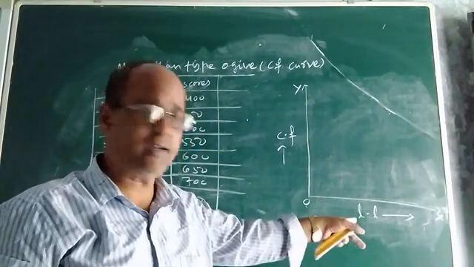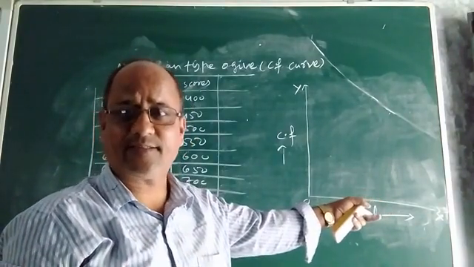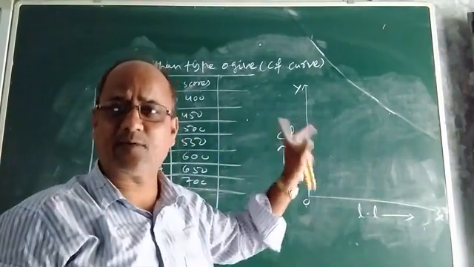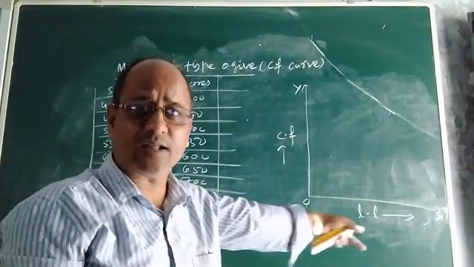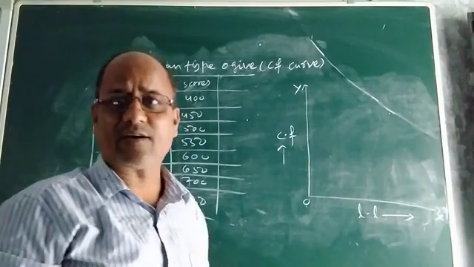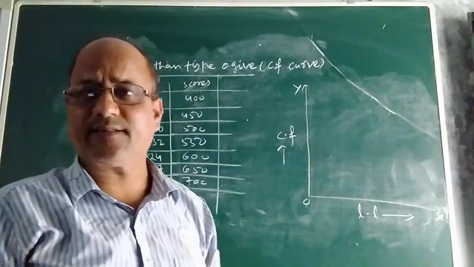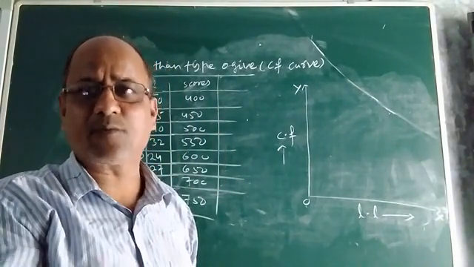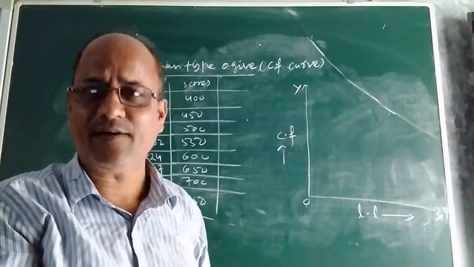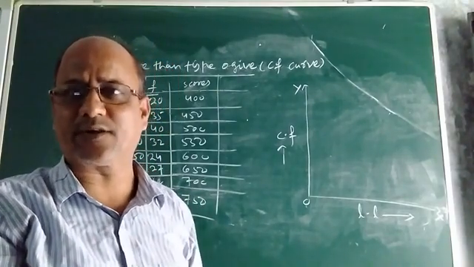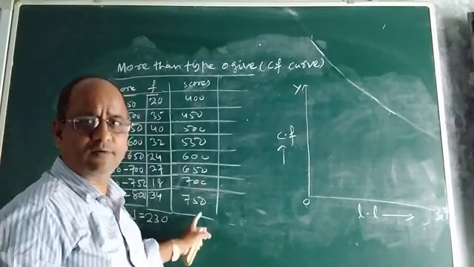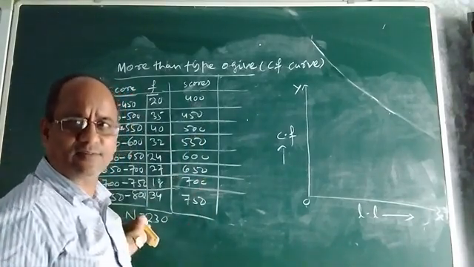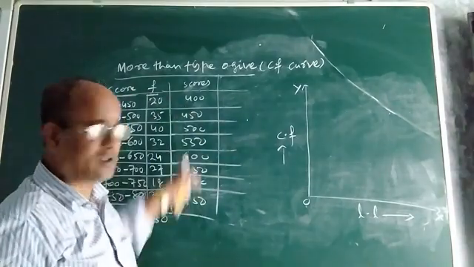If you take the upper limit of the class along the x-axis and their corresponding cumulative frequency, it will become a less than type ogive. But if you take the lower limits along the x-axis and their corresponding cumulative frequencies along the y-axis, and plot the points, the curve obtained is known as a more than type ogive or more than type cumulative frequency curve. Okay, so now we took all the lower limits of the given classes. These are the lower limit scores.